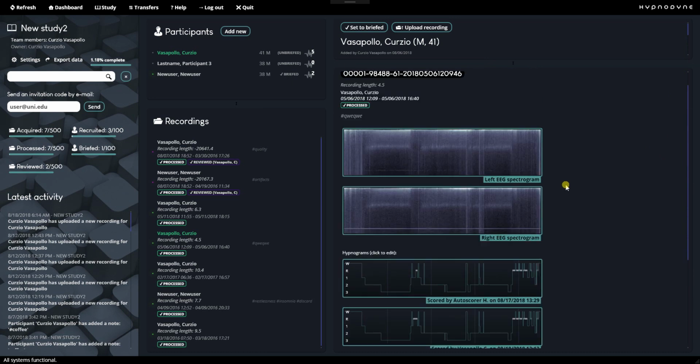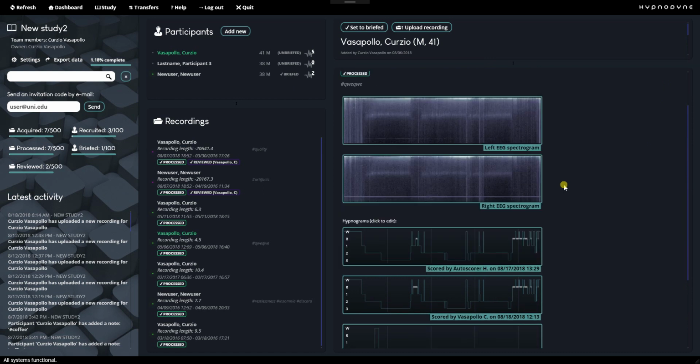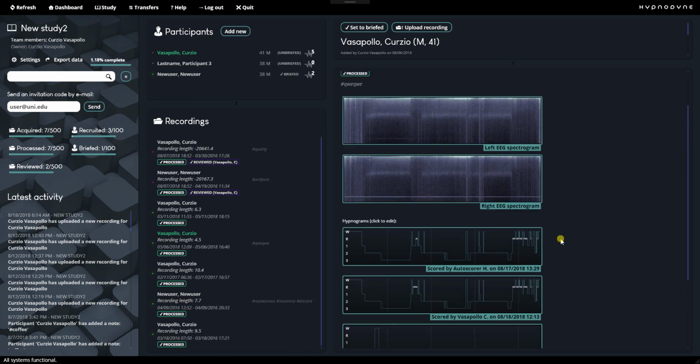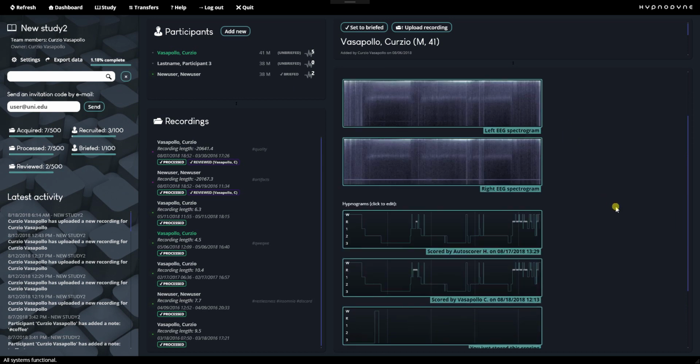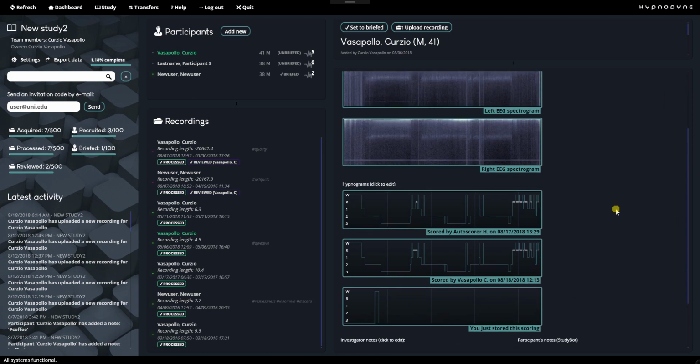I'm thinking if there was anything else. I think that's probably it. These hypnograms and all these extracted features come in minutes after you have uploaded the recording, and so now there's a complete system that sleep researchers can use to